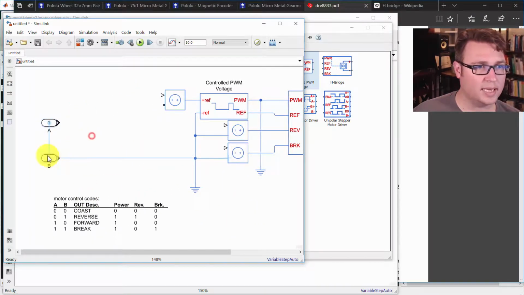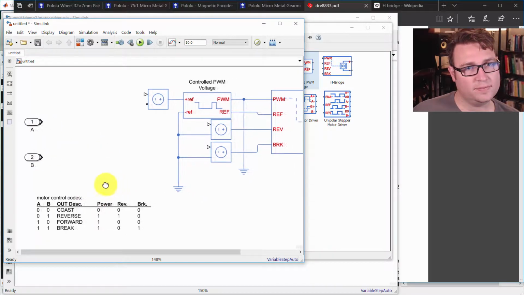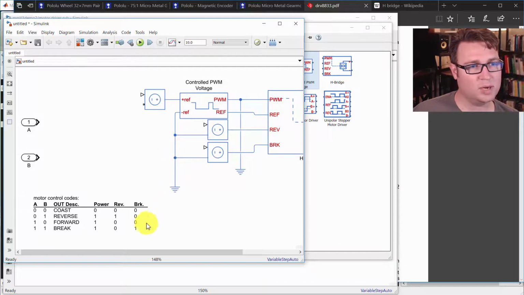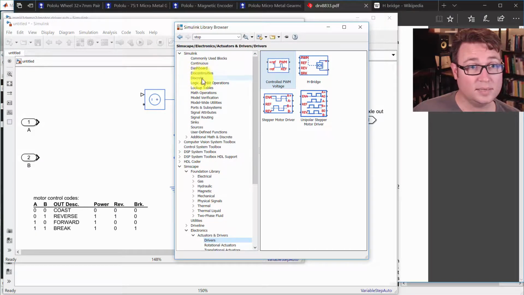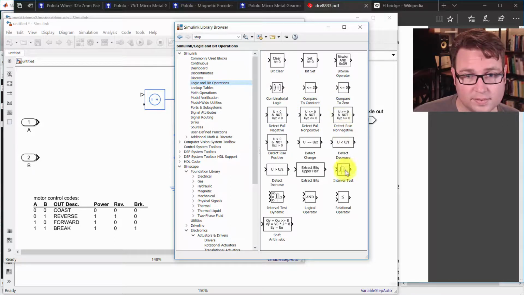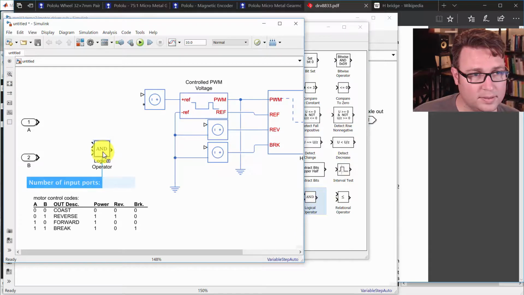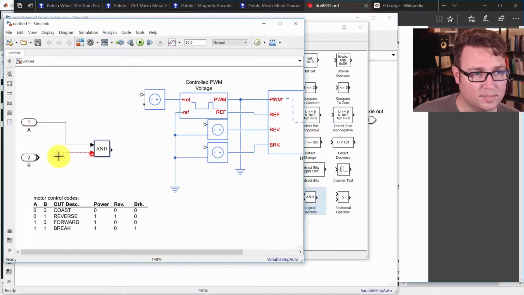So we know that A and B, so let's talk about braking first. If A and B are both true, right, A and B, then we want to brake. Otherwise, we want to not brake. We want to coast. So we can use the AND block, and we'll look here in our, where is it, logic, I believe. Logical operator, good. Hide that name. So we can take A and B,